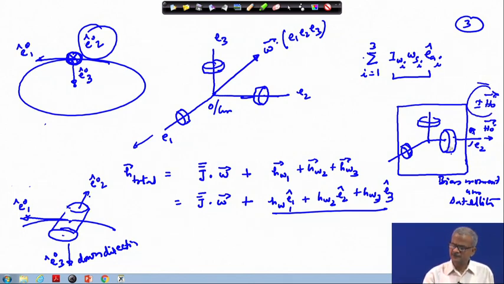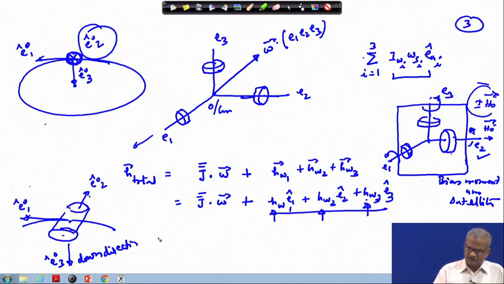Thereafter, you speed up the wheel along the E 2 direction, you are speeding up along the E 1 direction, similarly you are speeding it up along the E 3 direction. Accordingly you will also get these terms, because then the angular velocity will be along this direction for the corresponding wheels, and accordingly you get all these terms here. We will return back to this again, and let me complete this part.